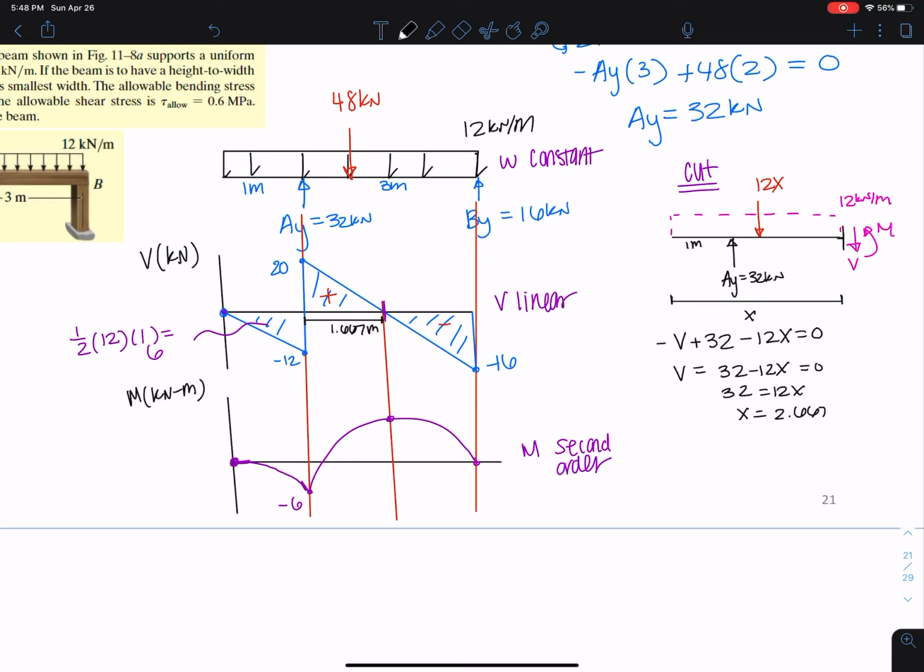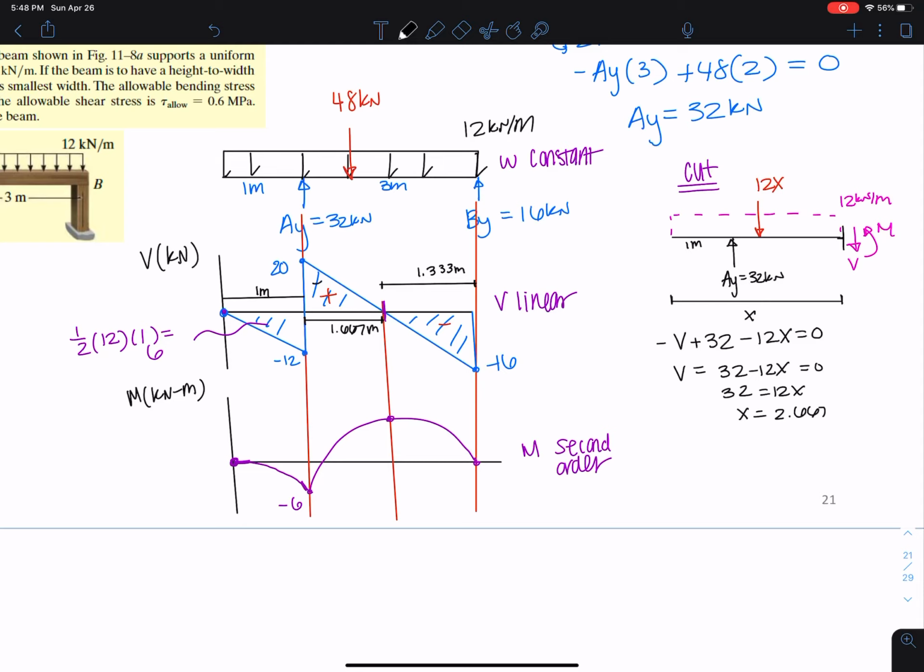Okay, if that's 1.667, this here is 1.333 meters, and then just for completeness' sake, this is my 1 meter. Okay, if that's 1.667, I have everything I need then, because 1.6667 times 20 times 0.5 here, so let me